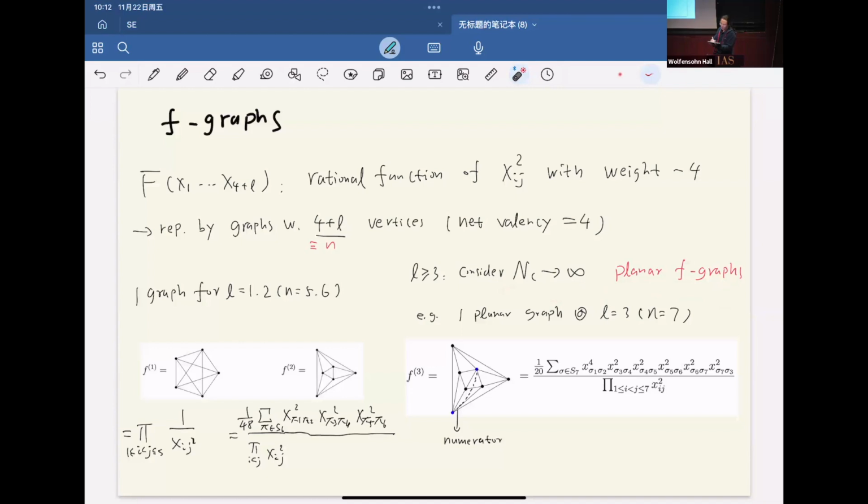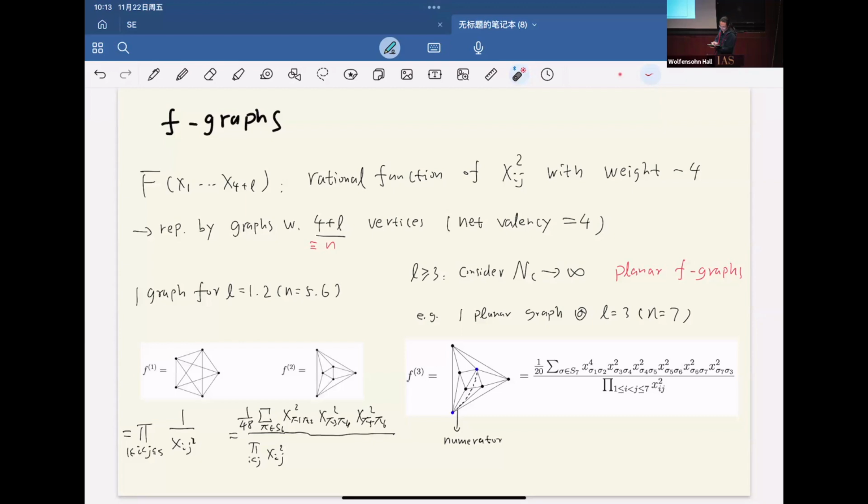Of course, now you start to have a numerator, this dashed line. When I talk about planar graphs, I refer to its denominator structures. So this graph is actually given by all the solid lines with 1 over x_ij squared and a dashed line with a numerator sitting on it. So it's not just valency 4. It has a net valency 4 because these 2 blue vertices have valency 5, but I have a numerator that reduces the weight by 1. Okay. So again, this single graph represents a summation of 7 factorial terms